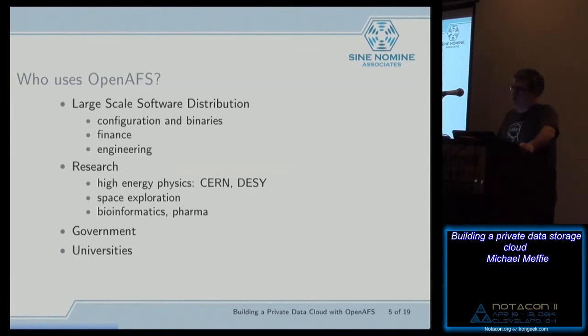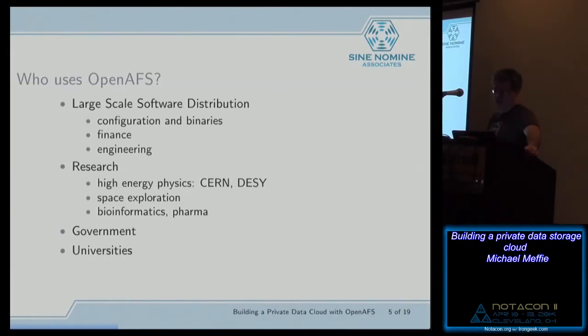AFS is heavily used in research institutions. CERN is a heavy user of AFS. They've been using it since the 90s. All the home directories for all the scientists are stored in AFS. So this provides a way for the scientists to easily share files between each other. They have a home directory in AFS, so no matter which machine they're on, they can always see their home directory, and they can set up access control to let other scientists share files in their home directories. The Higgs boson, all the data for the Higgs boson